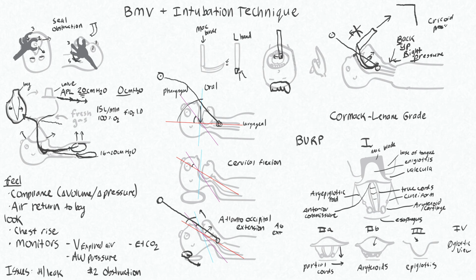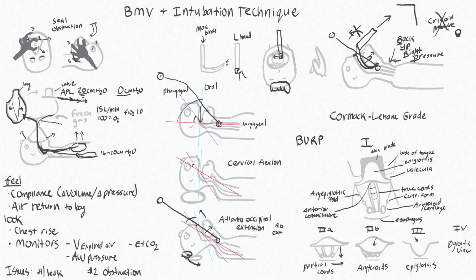cricoid pressure. So it's not the same thing. Cricoid pressure is pressure that you apply to the cricoid cartilage in an attempt to squish the esophagus and prevent gastric content regurgitation. Again, the BURP is applied to the thyroid cartilage, and it's in an attempt to improve your view for